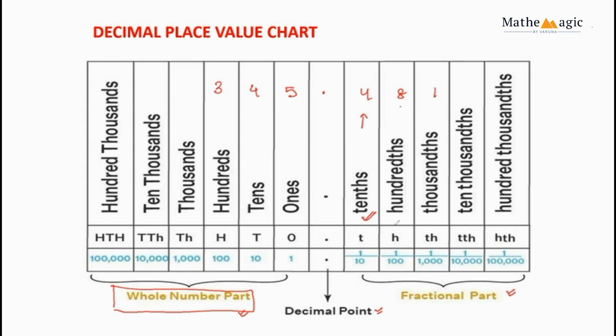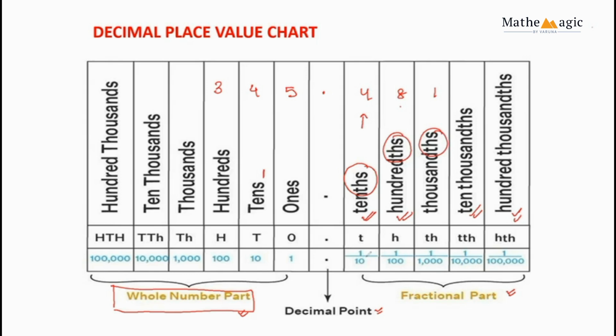Now the number 8 is at the hundredths. Please remember that here it is THS. It's only till tenths. Hundredths ends with THS, and thousandths also end with THS. So here the place values of numbers after the decimal point are tenths, hundredths, thousandths, then it goes on to ten-thousandths and hundred-thousandths, as we do in the international place value chart.